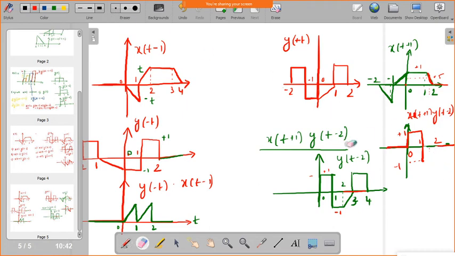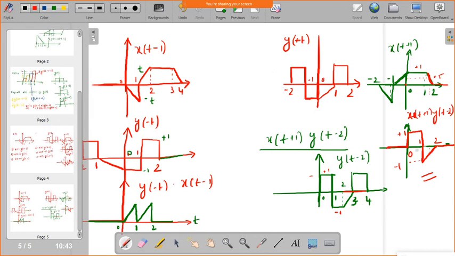So now 1 to 2, what will happen? At 2 anyhow it is 0, and here also at 2 it is minus 1. Minus 1 into 0 will obviously be 0, but in between there is a ramp signal. So what are the values we have to find? Say for example at 1.5, the value is 0.5, and y at 1.5 is minus 1, so it will give minus 0.5. So it will be like this. You need to be a bit careful while doing the operation. At each and every value you have to multiply. So this is the actual correct answer.